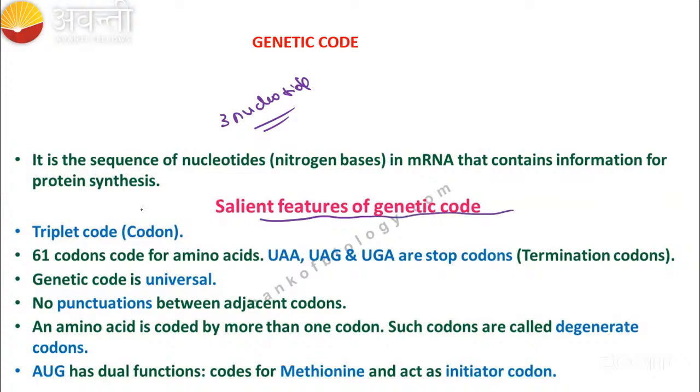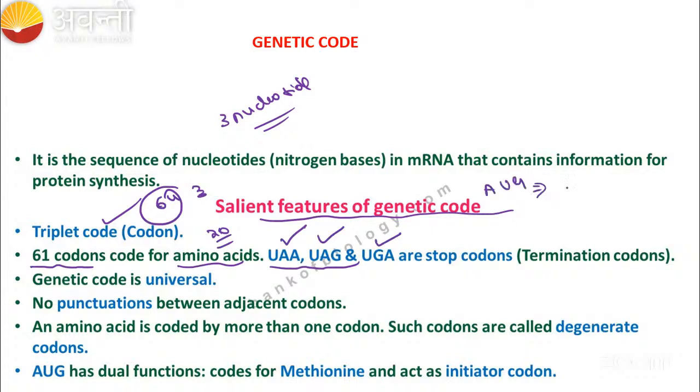You all know that it is a triplet codon, and 61 codons are there for the amino acids. There are 20 amino acids, and for these 20 amino acids, 61 codons are there. Where are the remaining codons? There are 64 codons in total. The remaining 3 codons act as the stop codons: UAA, UAG, and UGA. And AUG acts as the start codon, and it also codes for